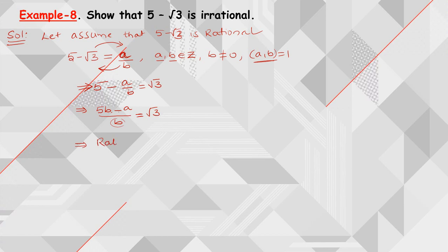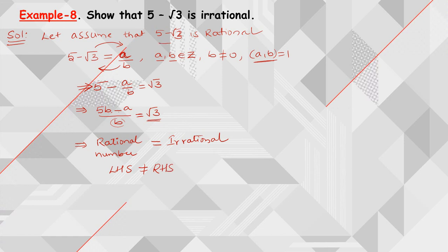So on the left hand side, what am I going to have? I am going to have a rational number. But on the right hand side, already we have proved that root 2 is irrational. The same way we can prove root 3 is irrational. So using that concept, already we know that root 3 is irrational. So on the left hand side we have a rational number, and on the right hand side we have an irrational number. So can a rational number be equal to an irrational number? There is no such number which is both rational as well as irrational. So from this, LHS is not equal to RHS.